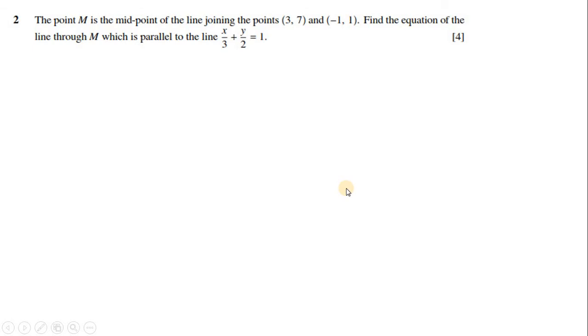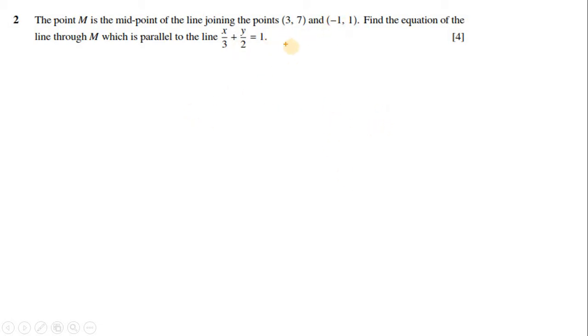Question number 2. The point M is the midpoint of the line joining the points (3, 7) and (-1, 1). Find the equation of the line through M which is parallel to the line x/3 + y/2 = 1. Okay, so